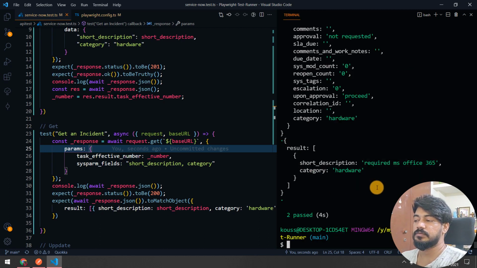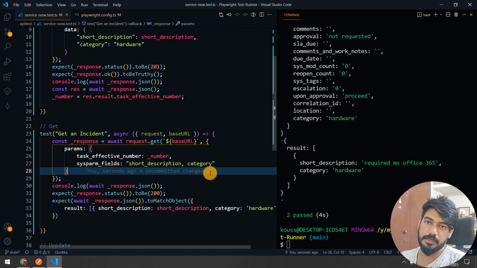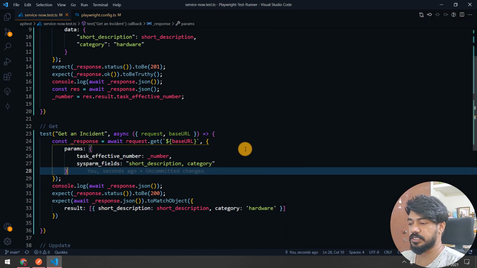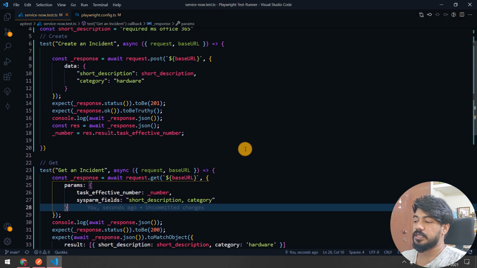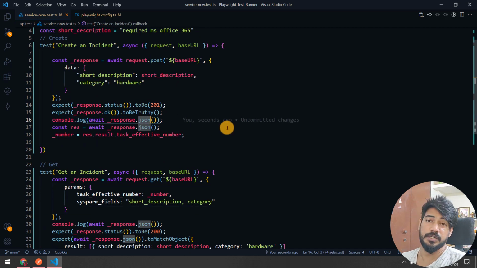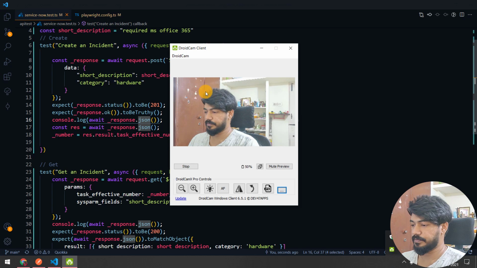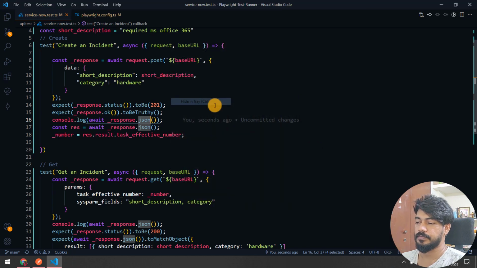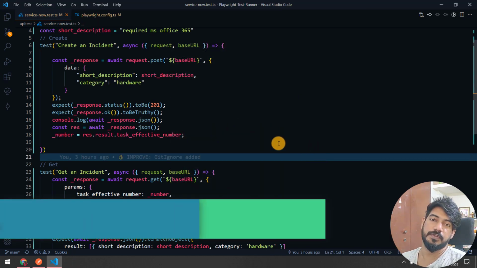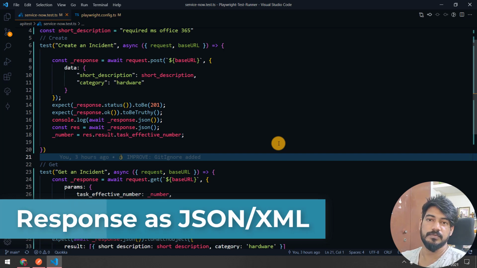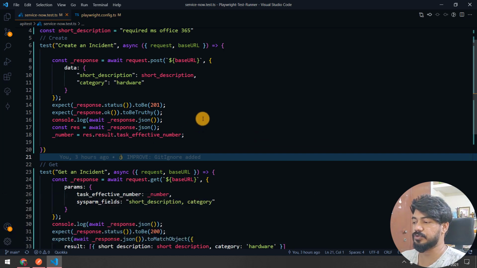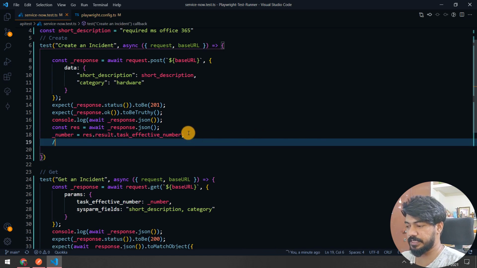Okay, we'll come back to the reporter later on. Let's see some other thing. Okay, now here we are using the JSON, which is absolutely fine. But what if there is different output, right? So some may give like a HTML, XML, text file, right? So let's see how to grab those. Okay, so this is fine. Okay, let me add a comment.